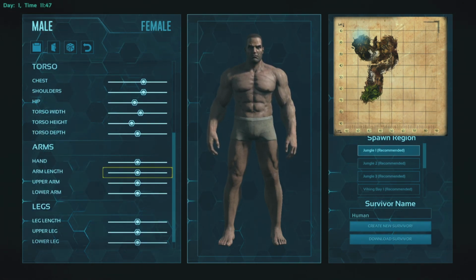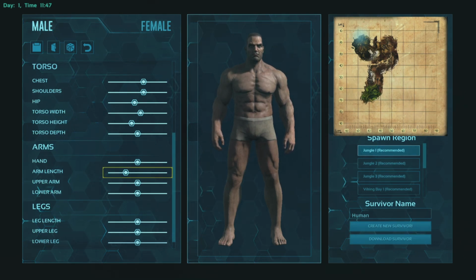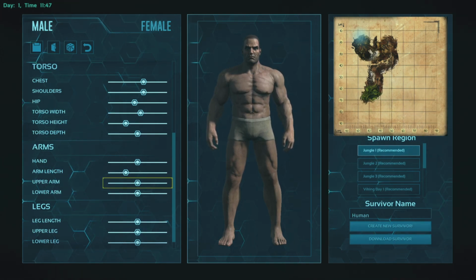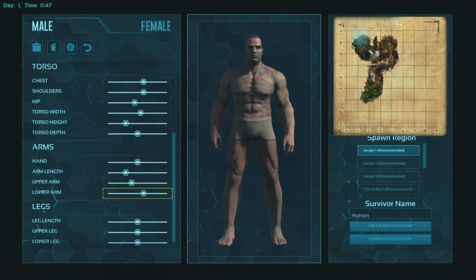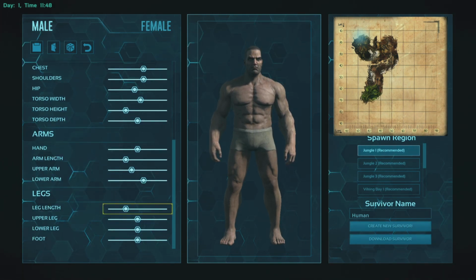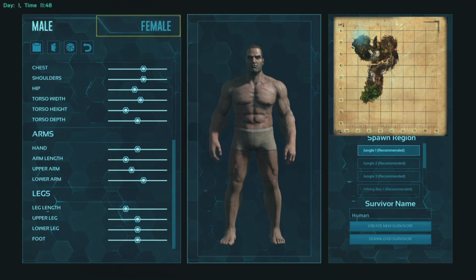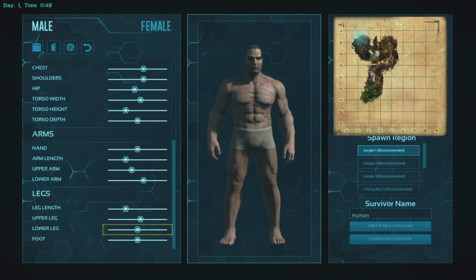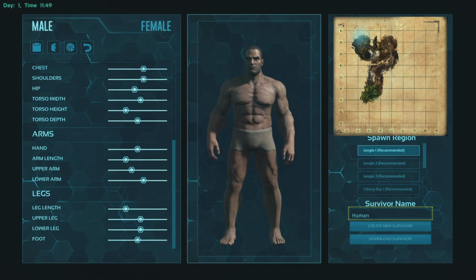Has to take the arm length in, and his arms are gonna look more natural once I adjust the other settings. And yeah, I don't know why, but I think he looks cool with thinner biceps, bigger forearms, broad shoulders. Yeah, I think he just looks cool like that. Leg length. Yeah, you see, he looks more natural now. Let's name him